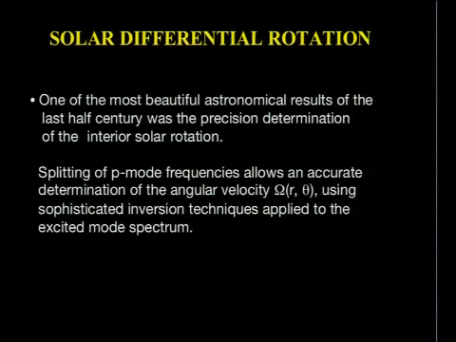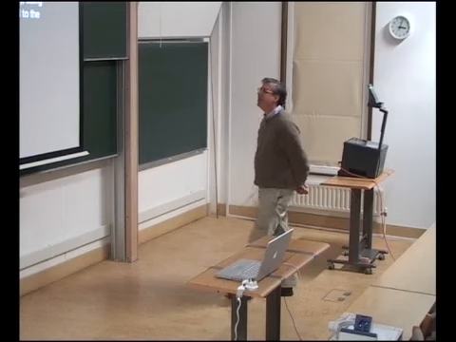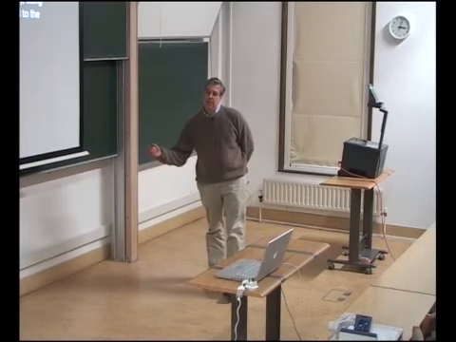And that is that I think in most astrophysicists' opinion, one of the most beautiful astronomical results of the last half century was the precision determination of the interior solar rotation, a real tour de force of astronomical and mathematical technique. Basically, the idea is that by looking at the oscillation, the external oscillations of the sun, so-called P modes,